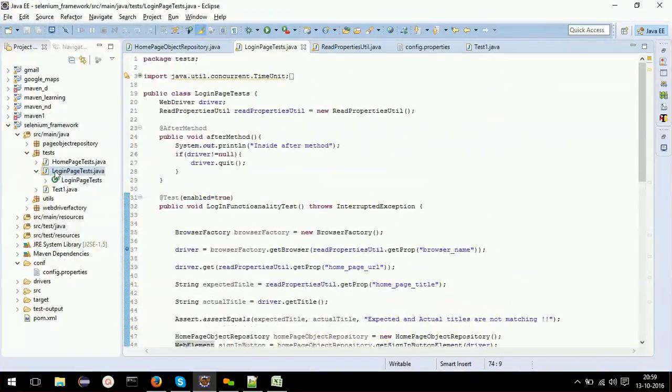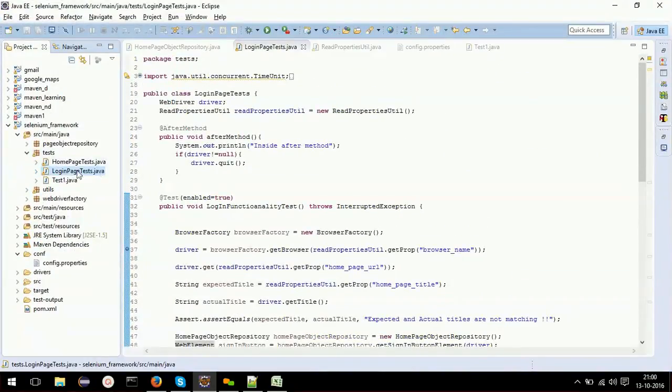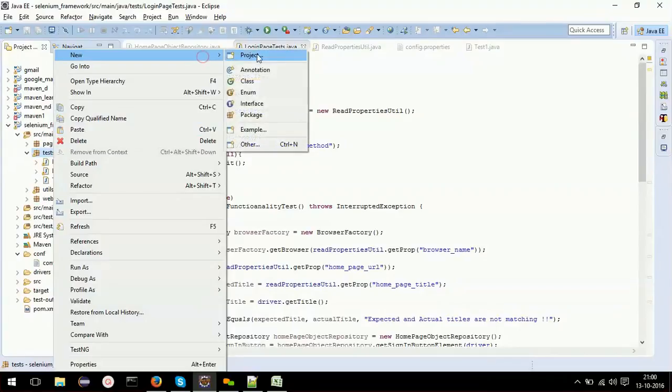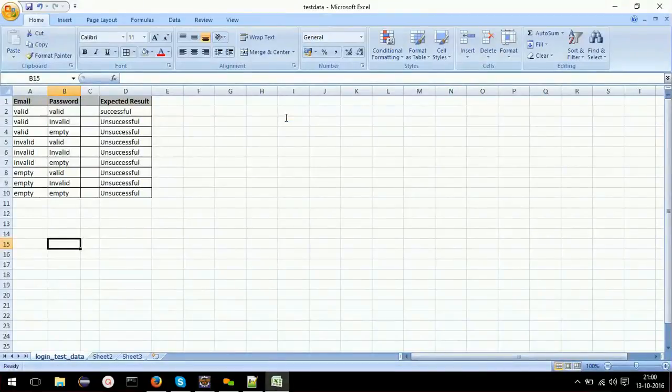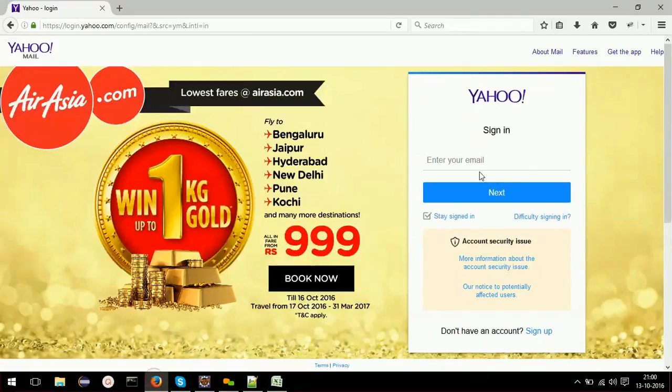For that, I'll repeat the same test again, this login page test. Before that, in our example, since email and password fields are not present in the same page, there is a restriction for us.